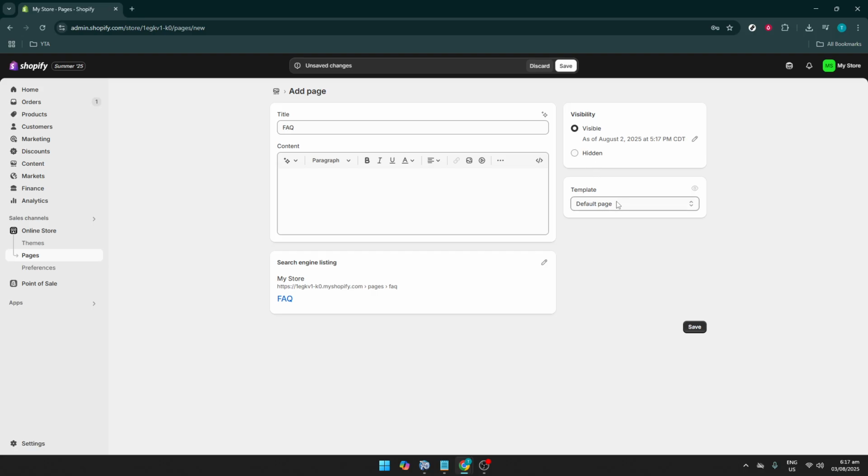This allows you to decide how your FAQ page will be structured. Most of the time, the default template will be just fine for an FAQ, but feel free to explore the options your theme provides. Finally, you're going to want to make sure all your edits are preserved by clicking on